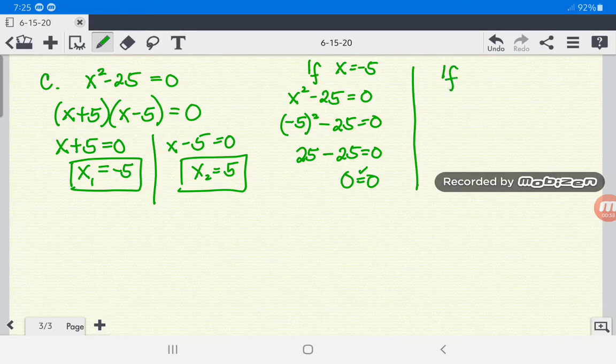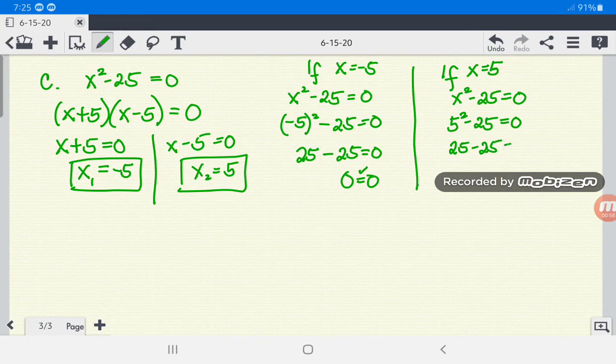For the second value of x, if x is equal to positive 5, then we have x squared minus 25 equals 0. You substitute, we have 5 squared minus 25 equals 0. 5 squared is 25, minus 25 equals 0. 25 minus 25, that is 0 equals 0. Check. Now, since both values of x satisfy the given equation, therefore,